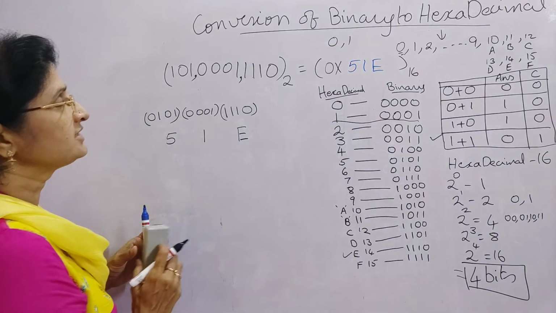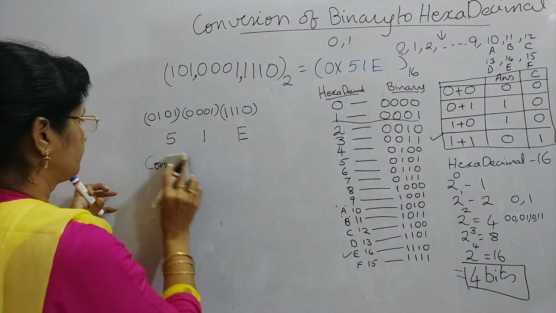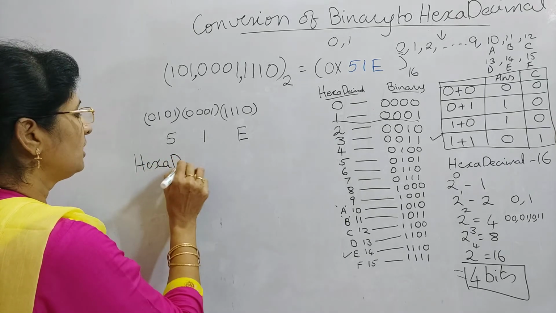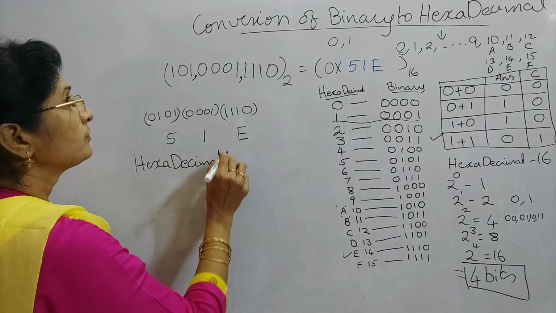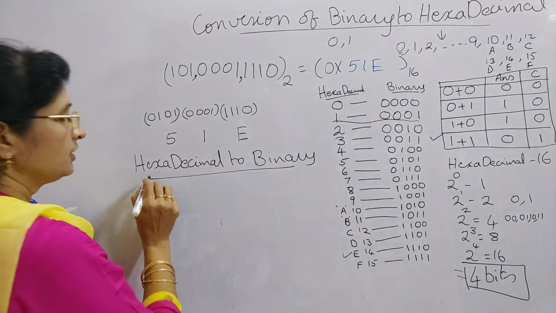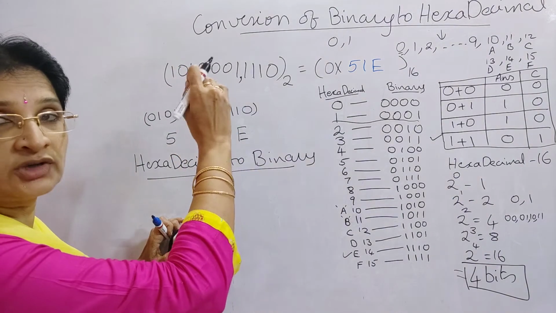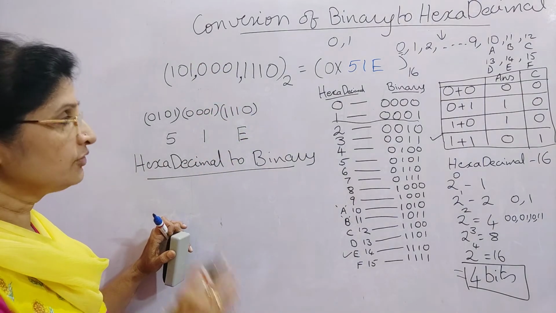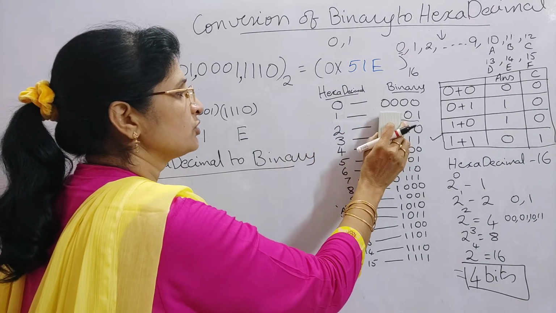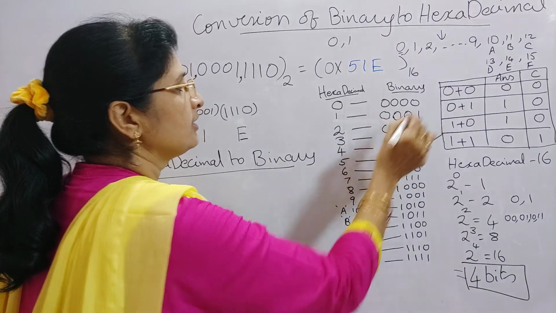So next we will see how we can do the conversion from hexadecimal to binary. Hexadecimal to binary. So now we will see how we can convert the hexadecimal number to binary again. That is the reverse process of whatever we have done till now. So for that one also this table is common. So first of all you have to write the table. So this table is already written here. So now we will see how we can convert the number.